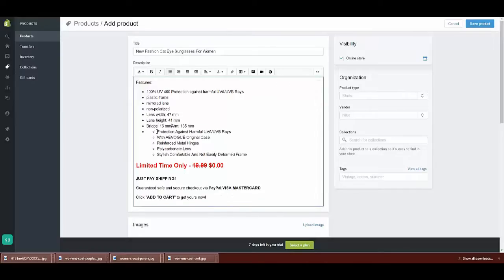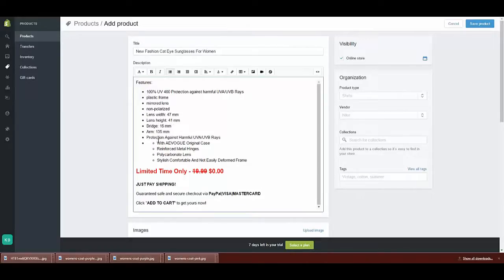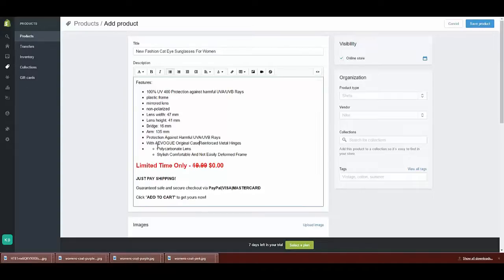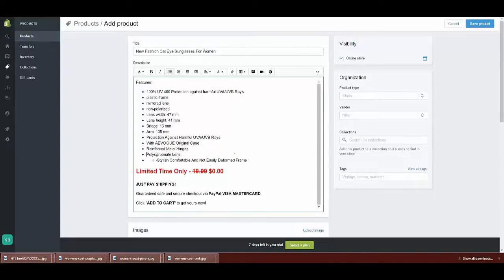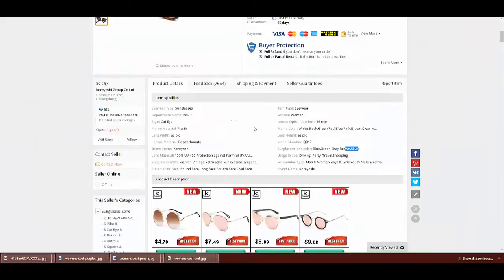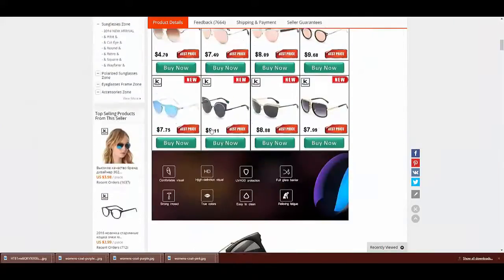Now, I would have to double check these dimensions and stuff so I know I'm telling people that it's correct. So let's see, 47 millimeters, 16, 135. Does it even say any of that? Since it doesn't say any of that,